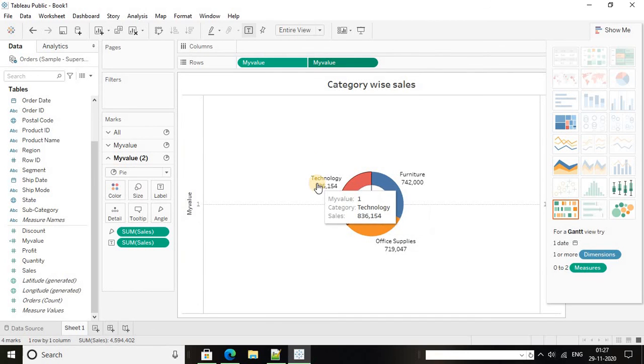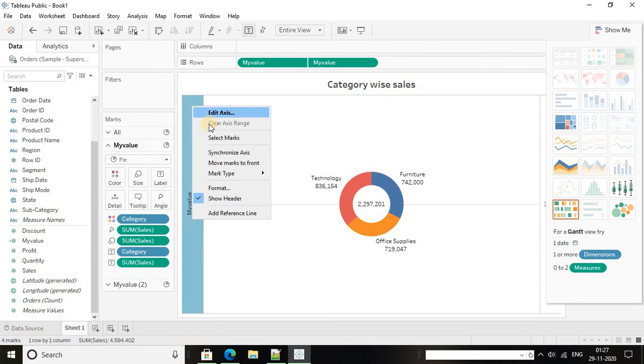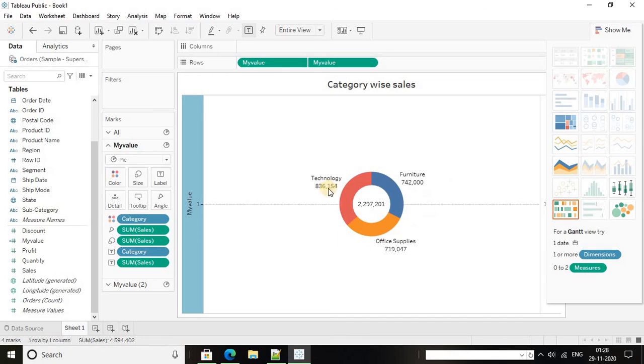Now we can see that the donut chart is created. After the dual axis is given, we have to synchronize the axis of these two charts.